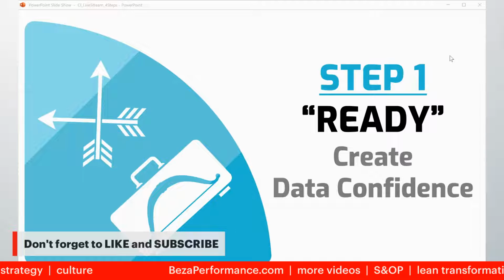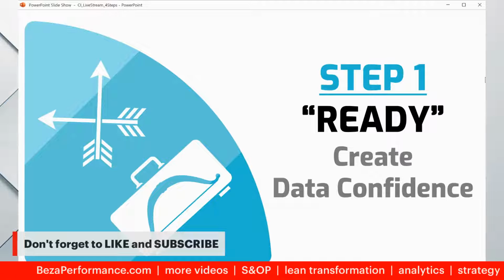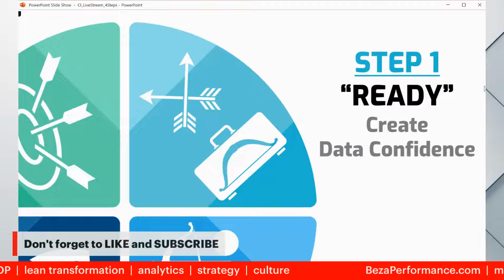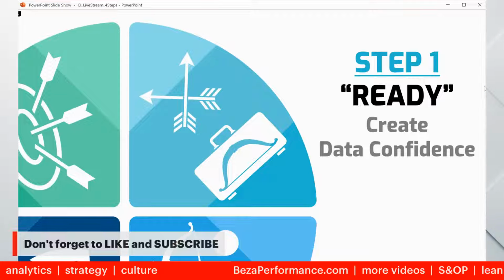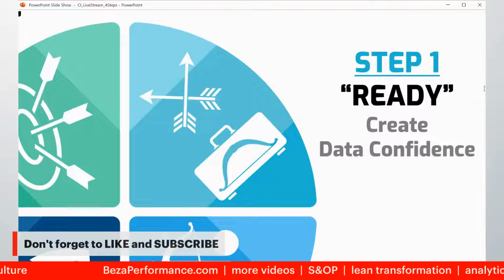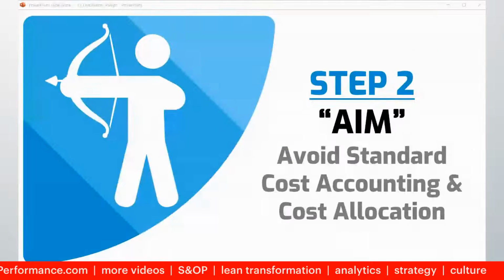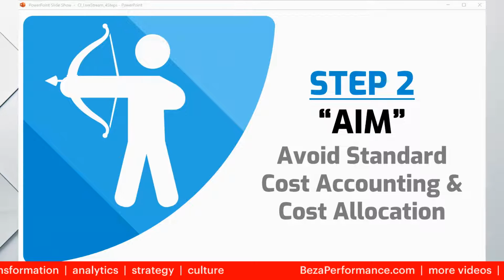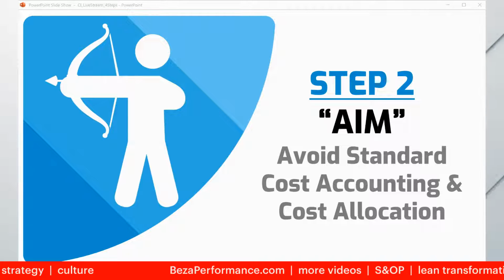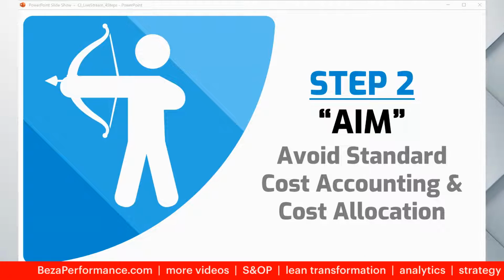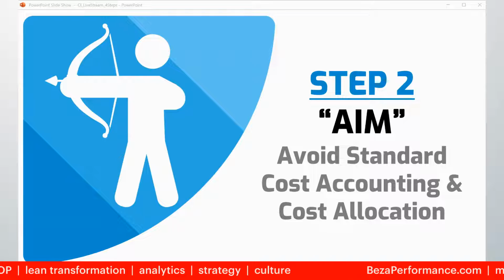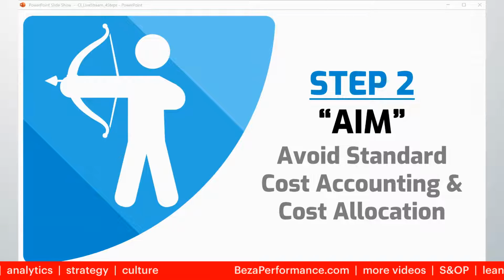Do you want to start on step two? Yeah, let's move to step two. So you've got the data ready, right? And everybody feels that it can be trusted and used. So now what you want to do is what we call aim, and that is, as you think about your cost to serve model for your specific organization, you don't want it to be cookie cutter. You want it to reflect the actual ways that your revenues are reduced through chargebacks or discounts, and all the